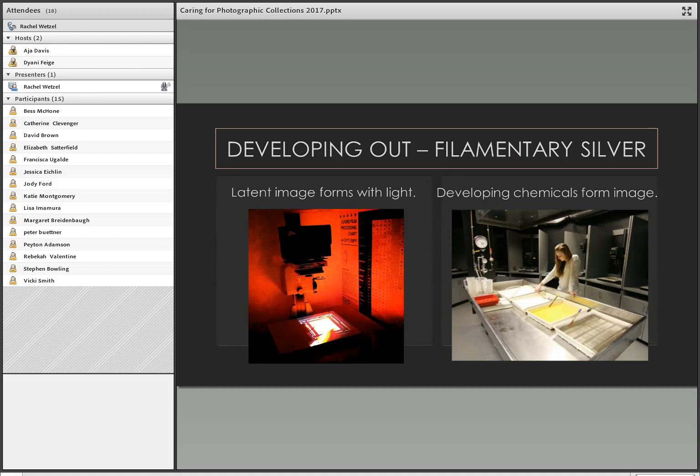So this is all developing out. Photography is mostly manufactured papers like Kodak, Agfa, Ilford. So there's a lot of science and precise measurement of the amount of silver that goes into the paper. It's very evenly distributed throughout the paper because it's machine made and it's not hand coated like the printing out papers. So what you get with that is a lot of dense silver that is contained in a light sensitive